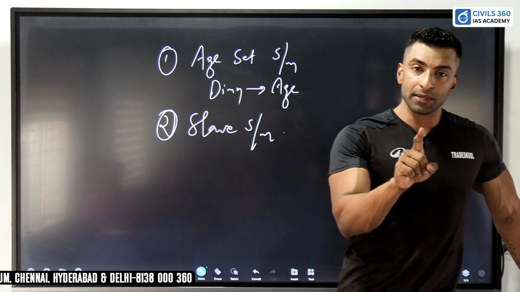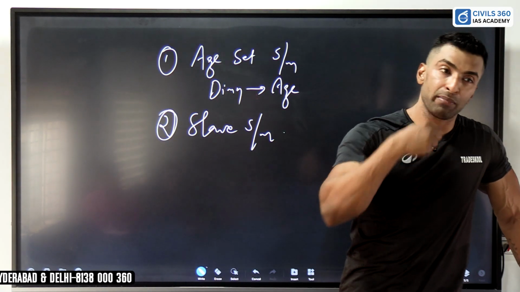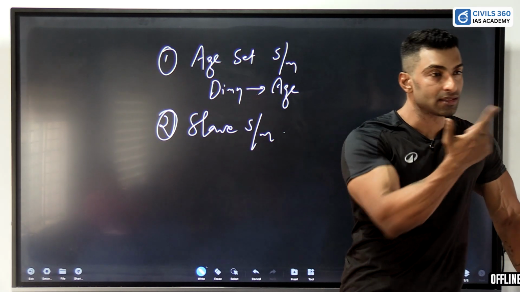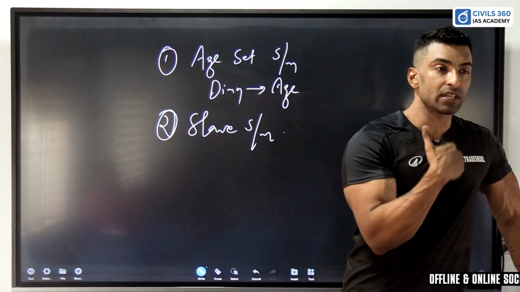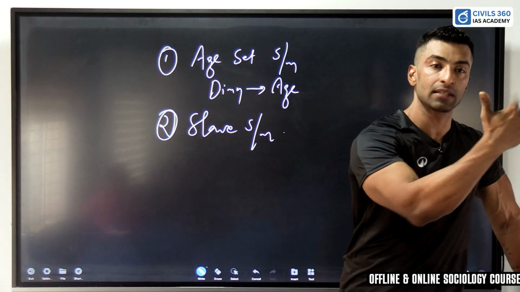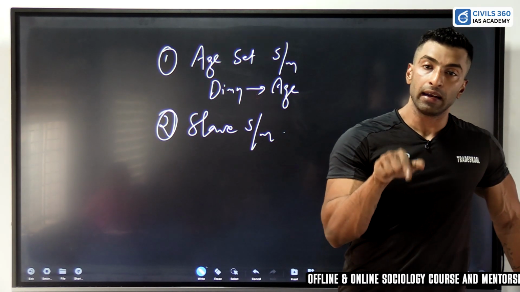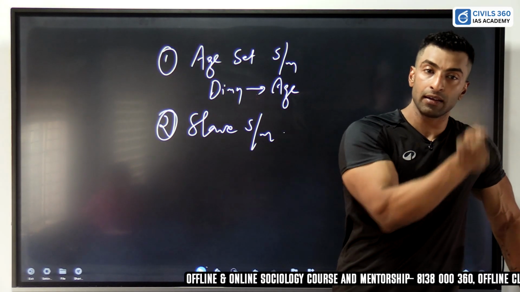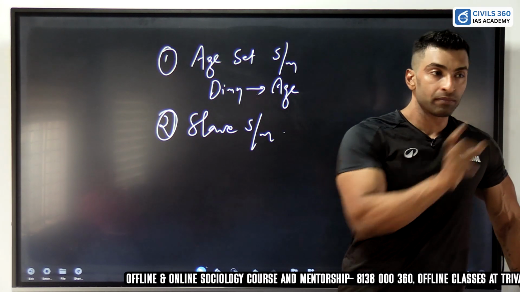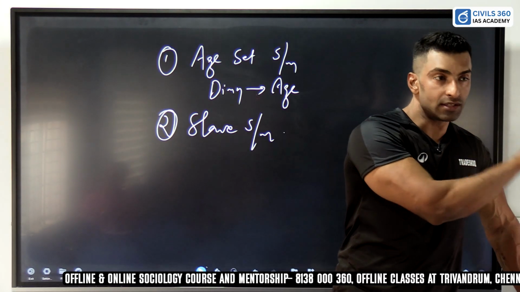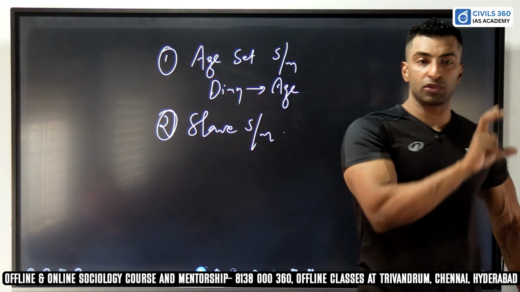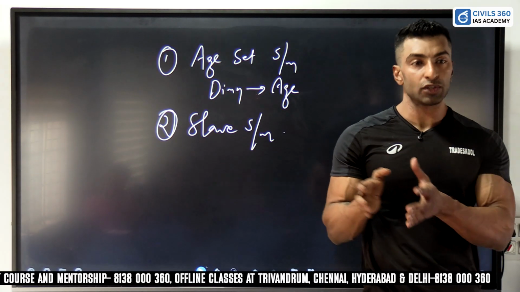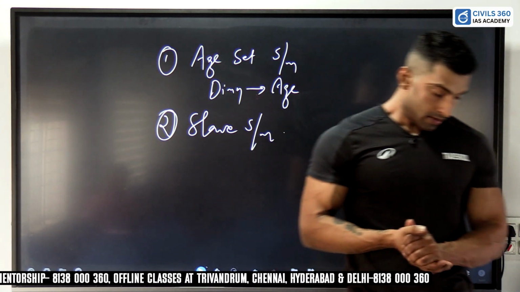Okay, so slave system, it's the ownership of man by man. Okay, you own another man, so that's masters and slaves. The person who is having that ownership is the master, the other person is the slave. Now here it is ownership of the land. Here in your land someone else is working, so you are the landlord. Someone who is working, he is the serf, and there is another group also, that is the clergy. Okay, so ownership, here it is ownership of land. Next,